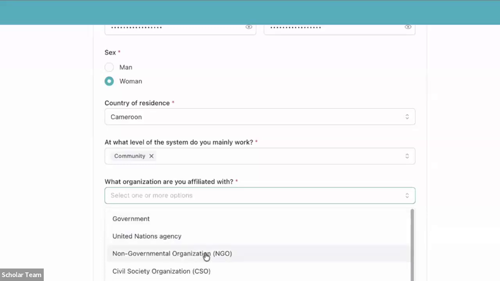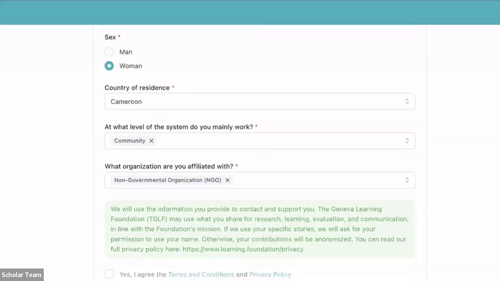So you take one. And one very important step you want to do is to agree to the terms and conditions and privacy policy. So as you can see, the sign up icon is not highlighted. That is because you need to agree to these terms before you are able to create your account. So just going to click on the yes, that is very important. And then I'll click on sign up.